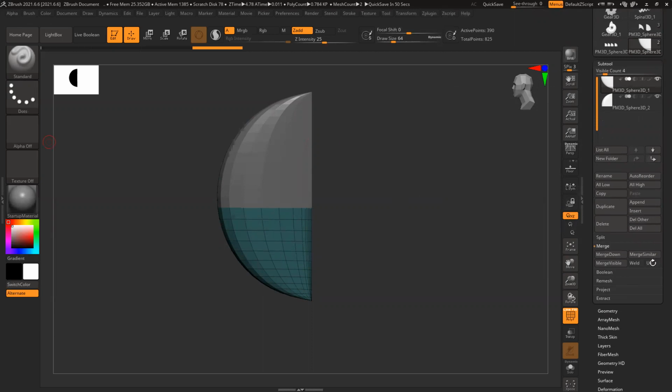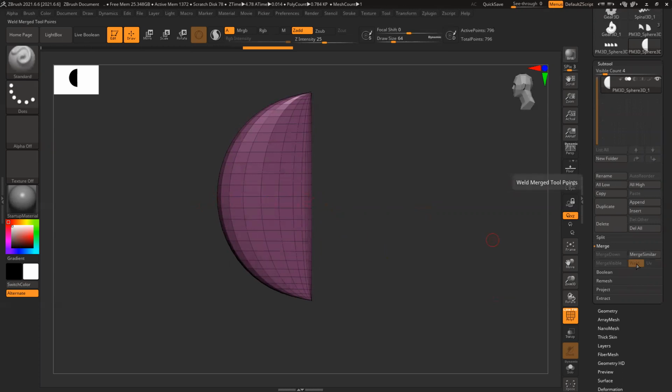If your model has UV, it preserves the UV. Whenever you merge any two objects, it basically deletes your UV. That's the ZBrush default setting. But if you want to retain the UV, in that case, switch on UV. So right now, if I switch on weld and merge down, you can see both become one single polygroup, because it merged all the vertices. It's not separate anymore. So with weld, it basically welds this thing.